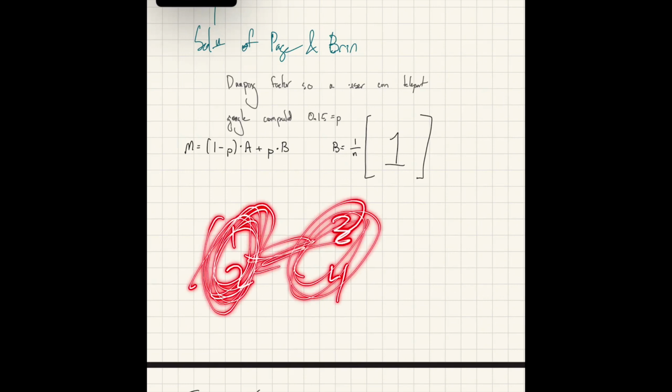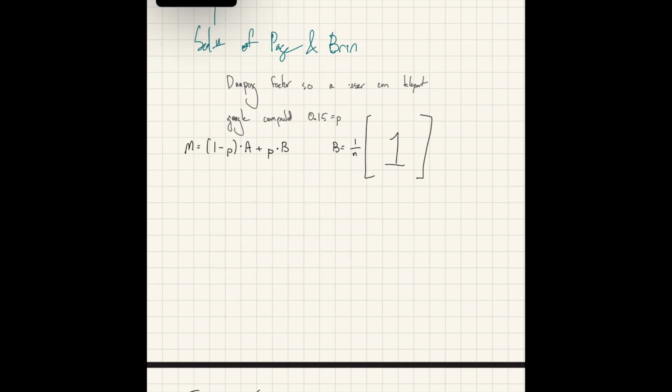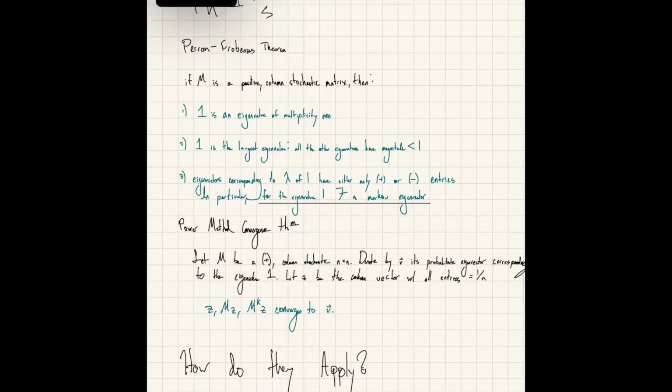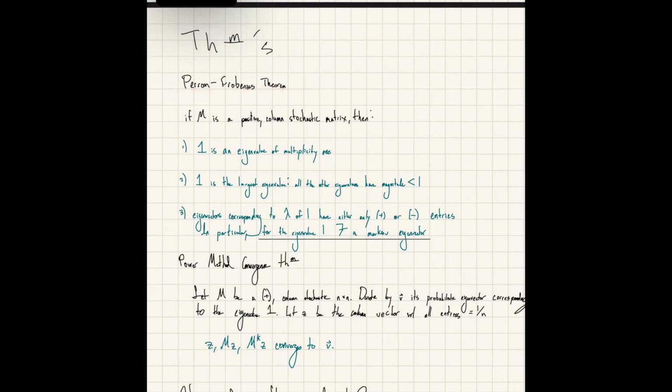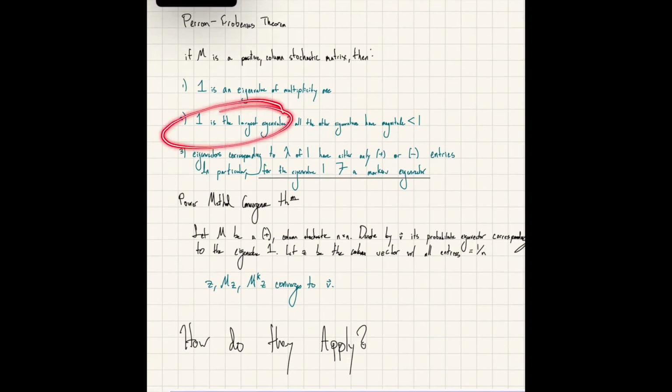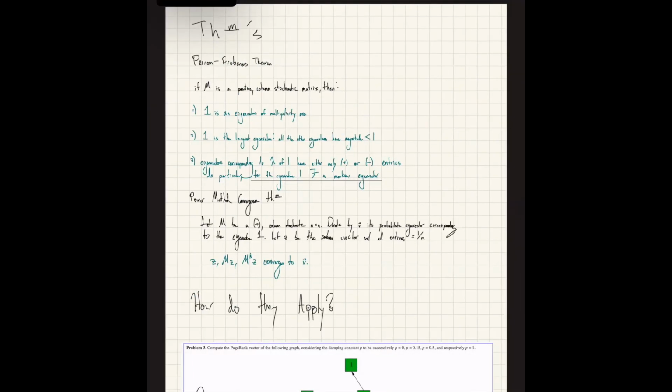But when you're at 1, you normally stay in the path. Before I get into an example, a couple of theorems that help this work. The first is the Perron-Frobenius theorem: if M is a positive matrix, so every value in it is greater than 0, and a column stochastic matrix, where every column adds to 1, then 1 is an eigenvalue of the matrix, and there's only one instance of that eigenvalue. 1 is the largest eigenvalue, with all the other eigenvalues having a magnitude less than 1. And this is what I was talking about above, where that's why the